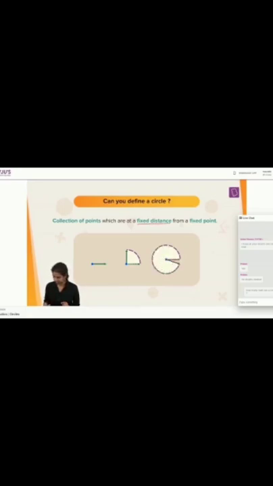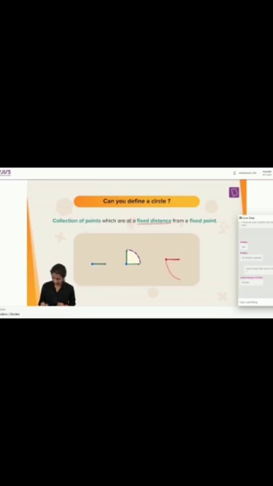So here I'm fixing the distance. How are you imagining it? If you see in this figure, I imagine a line, and I turn the line around, I rotate it all the way, it forms a circle. That's what you see here. Now this line is the fixed distance, which is called the radius. And this point where I'm holding this line is the fixed point, which is called the center, right? So this is the fixed point and this is my fixed line. When I'm rotating it like this, that's what you see on your figure here.